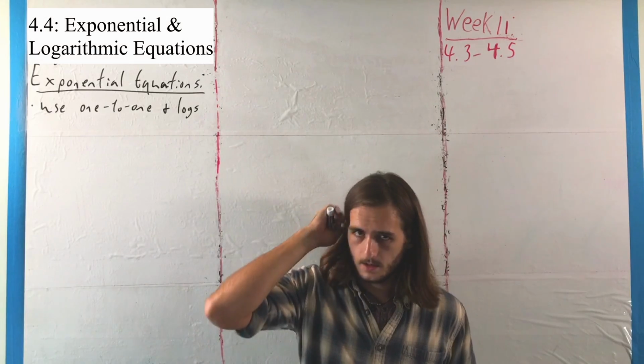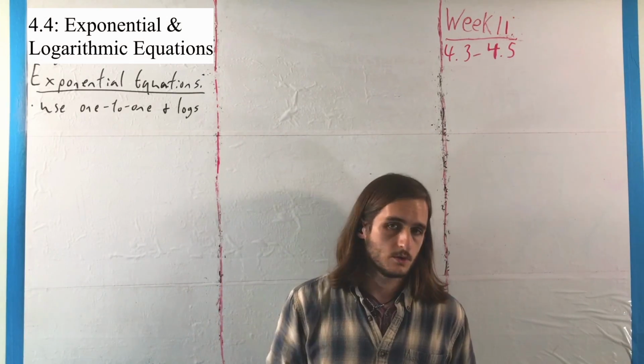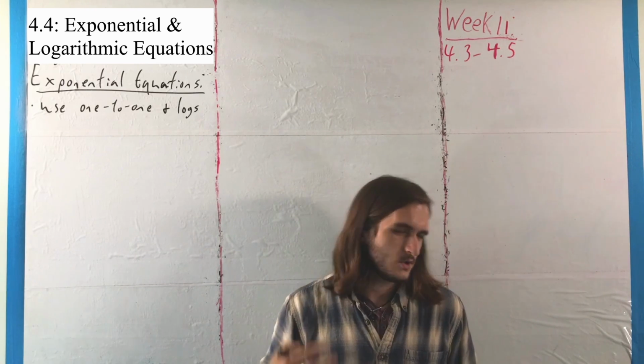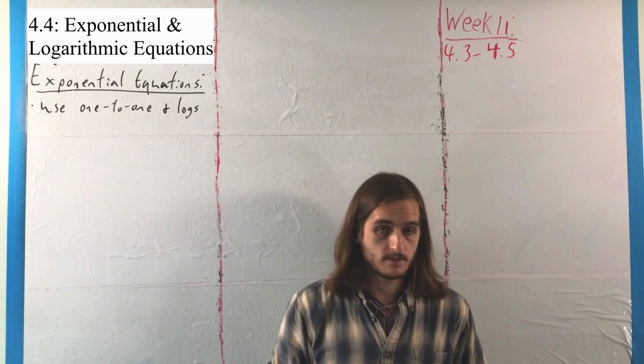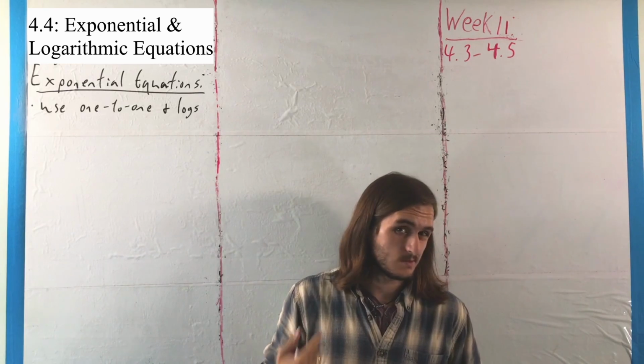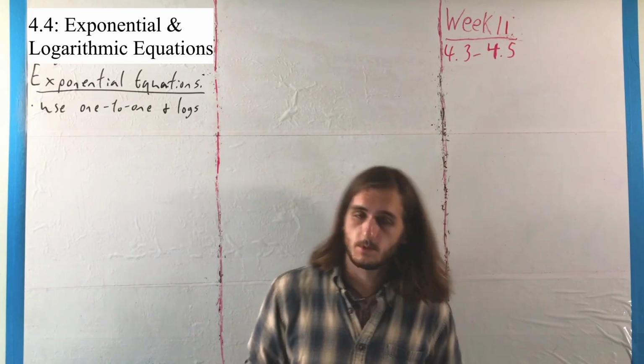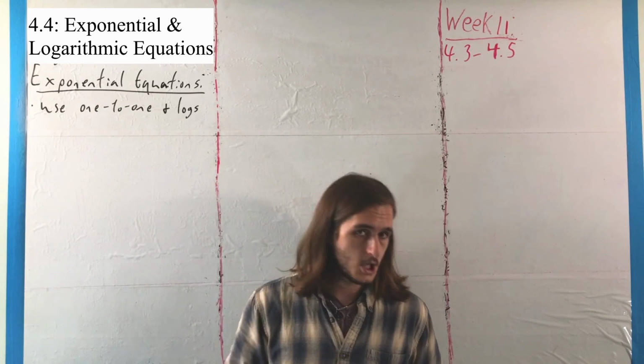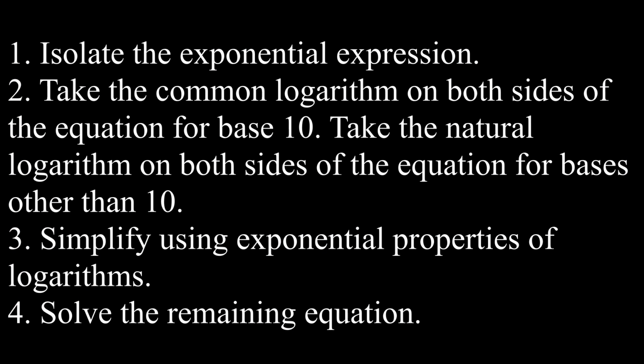So for more complicated things that deal with exponential equations, we essentially do the same idea, but in order to get things in terms of the exponents, we need to use some logarithms. So we have some steps that we can follow here. We start by isolating the exponential expression on one side as best we can, then take the common logarithm of both sides if we have base 10. If we have anything else, we use the natural logarithm. Then simplify using exponential properties, maybe the product and quotient rules as well in some cases, and then solve whatever is left over,